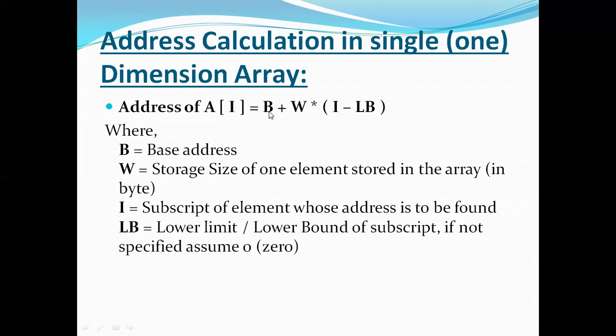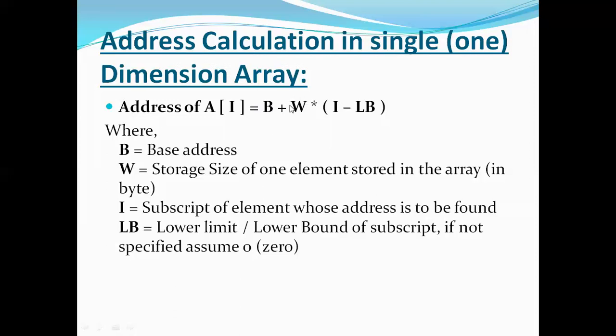For each and every array, the base address will be different. Suppose I declared only 50 elements, and 50 elements of space is available from the 2000 location. So the operating system will allocate 50 elements from the 2000 location. What will be the base address there? B, that is 2000, will be the base address. The base address will be different each time; it will be calculated by the operating system, not manually. Where the memory space is available, that will be your base address.